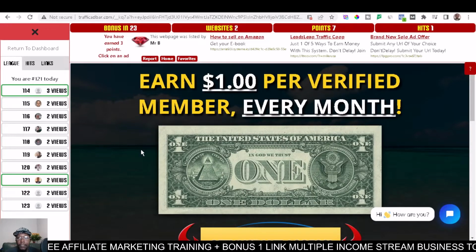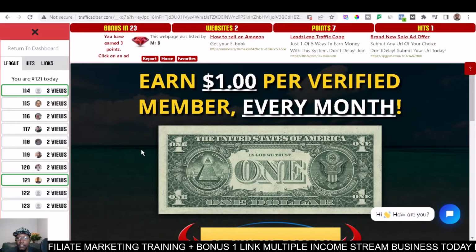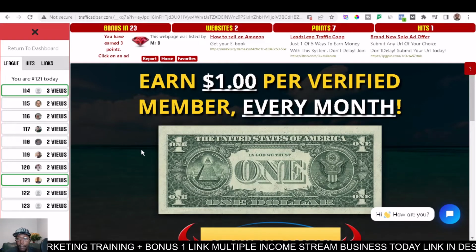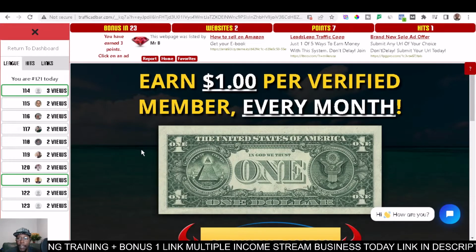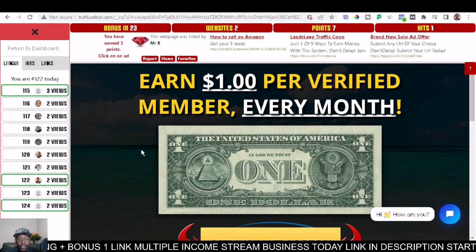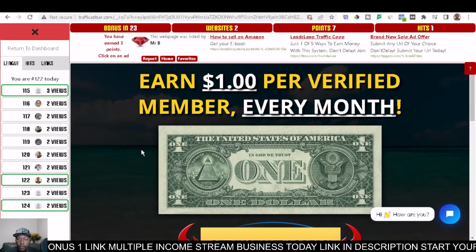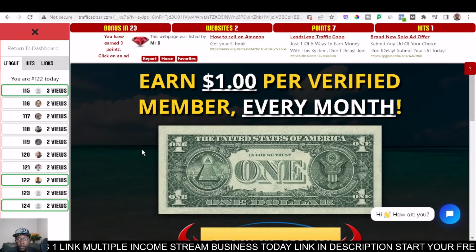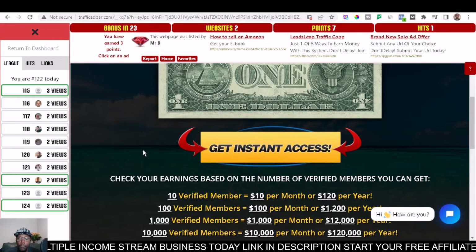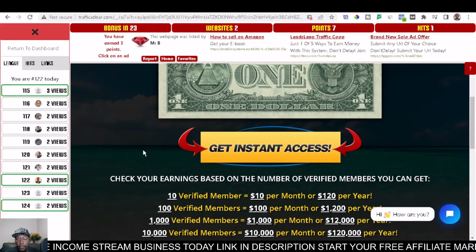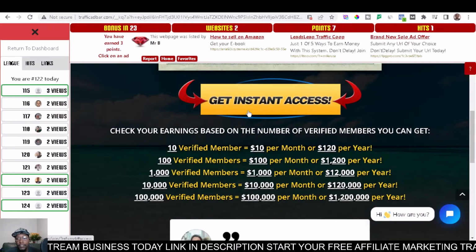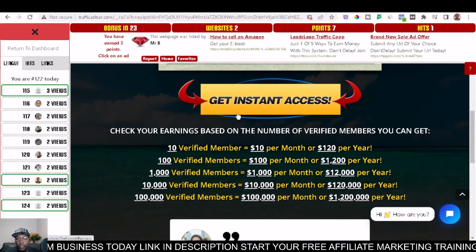And like I said, this doesn't mean that this is any kind of great landing page or anything, but it kind of grabs at you right away and tells you what to expect. So it says earn $1 per verified member every month. Simple enough. You get one verified person every month, you get $1 per verified person. Then it says get instant access. So this is going to be the button that we're going to press, and we're going to see what's behind